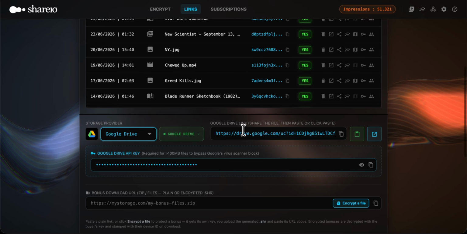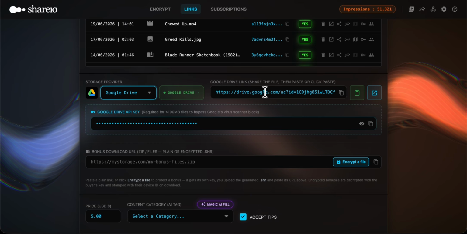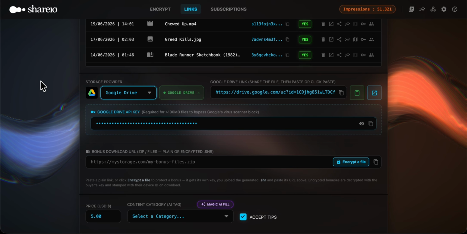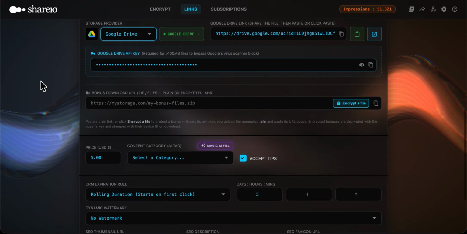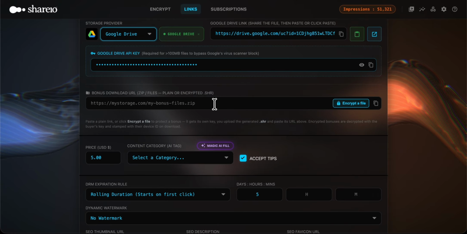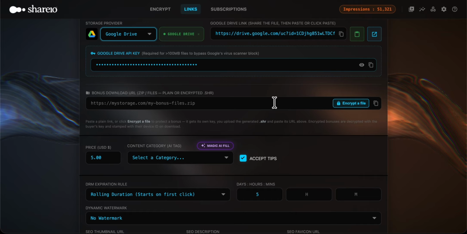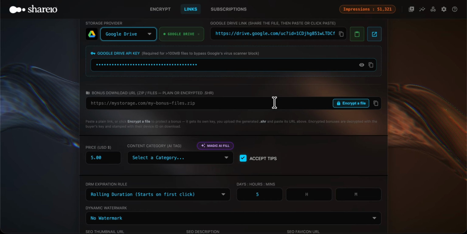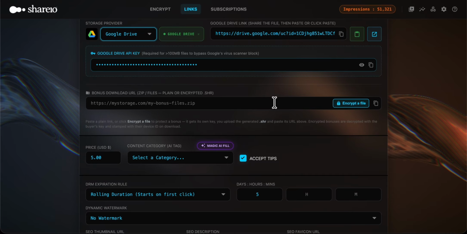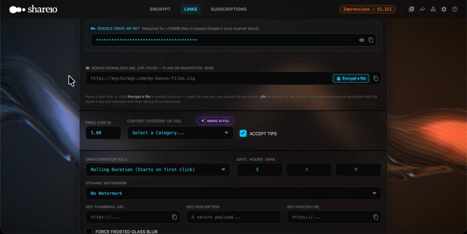This is the actual shared URL of that content. Obviously that's an SHR file, so it's irrelevant if someone can get a copy of that. It's useless without the key. You can bundle additional files. This can be a zip, and then we encrypt it as an SHR as well, so it makes it even more secure. And that file is downloaded and decrypted once the content is activated, either by a card or